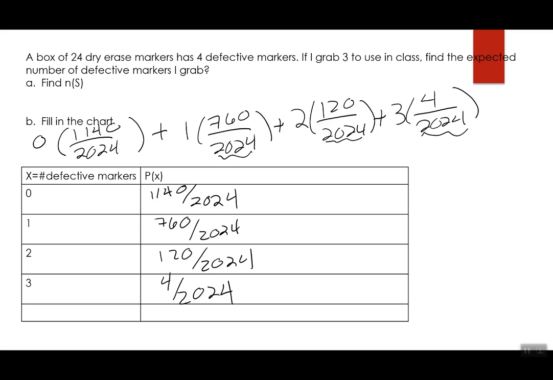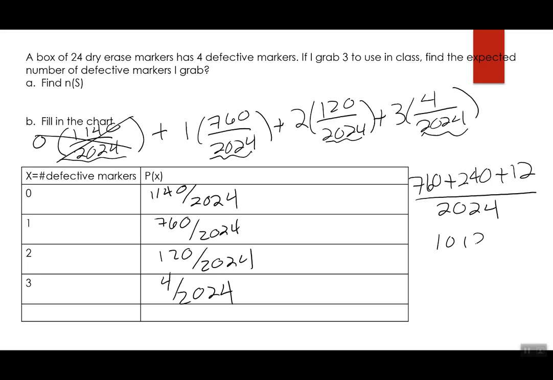Because I left all of the denominators the same, I can really concentrate on the numerators as I finish this up. So the 0 times 1140 over 2024, I'm just going to get rid of that. The 1 times 760 is 760. 2 times 120 is 240. And then 3 times 4 is 12. So this will just make it easier to put it on our calculators. So I have 760 plus 240 plus 12, which comes out to 1012 over 2024,